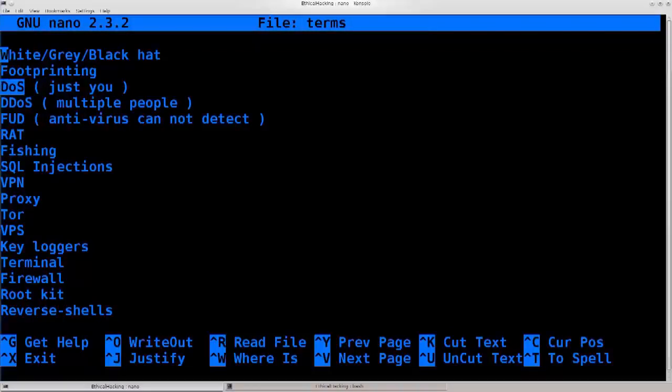In general, what happens here is that you perform more requests than a server can handle, and then the server begins dropping connections. For example, the Apache web server, I believe by default it can handle up to 10,000 connections or so. And if you can make more than 10,000 requests,